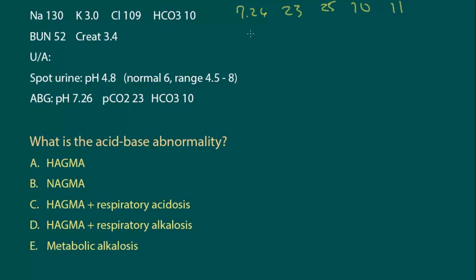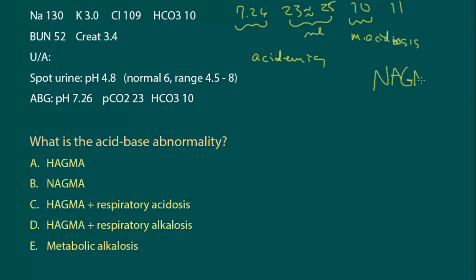Going left to right, this patient has an acidemia. PCO2 is about equal to expected PCO2. There's no additional respiratory acidosis or alkalosis. Bicarb is 10, definite metabolic acidosis. Anion gap is normal. This patient has a NAGMA, a normal anion gap metabolic acidosis. Now, a couple of things here. 1, anytime you see a NAGMA, you do a urine anion gap. That's option number 2, urine anion gap, to see if it's being caused by an RTA or bicarbonate loss from the gut. And negative urine anion gap